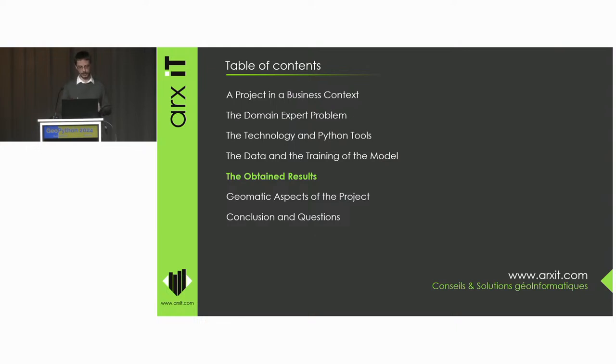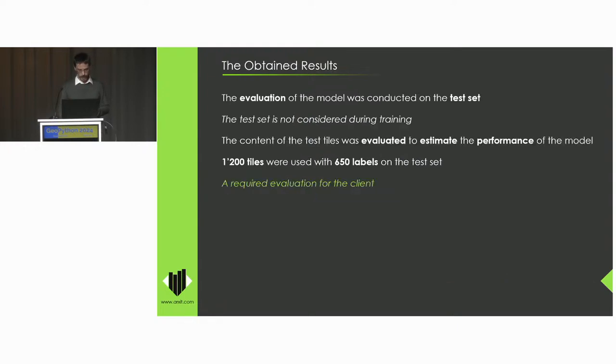And now what we have to do is to check to which degree this model is really able to achieve this task and with which performances. So it was really important for our client to be able to quantify this, for them to understand how AI can truly solve their problem. So, of course, the evaluation was done on the third part of the corpus, so the test set that is reserved, so not used during the training. So it's something that we only keep to evaluate the model.